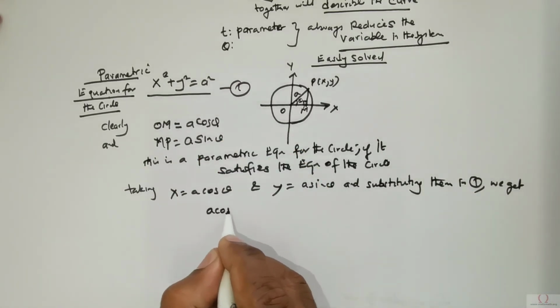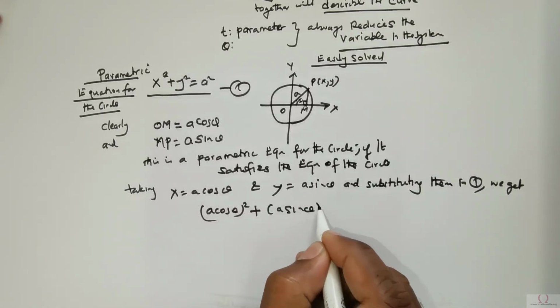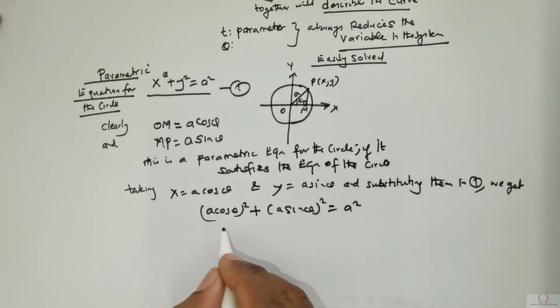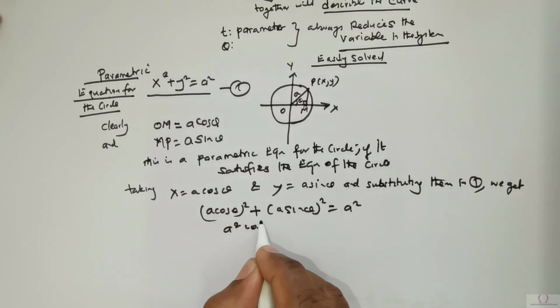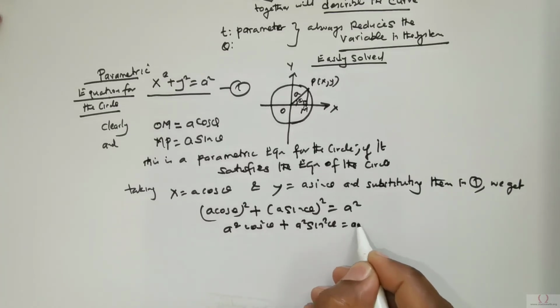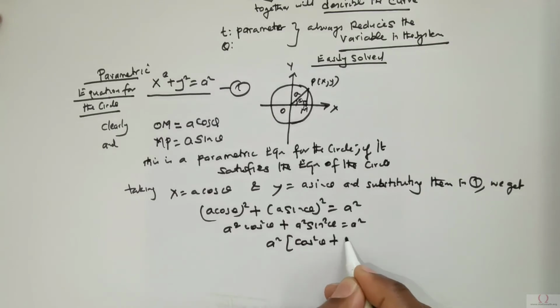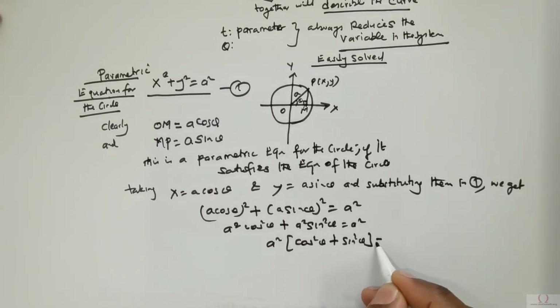This is a cos theta raised to the power 2 plus a sin theta raised to the power 2 is equal to a squared. So this is a squared cos squared theta plus a squared sin squared theta is equal to a squared. I take a squared out, I would get a squared times cos squared theta plus sin squared theta is equal to a squared. Cos squared theta plus sin squared theta is 1, so I get a squared is equal to a squared,